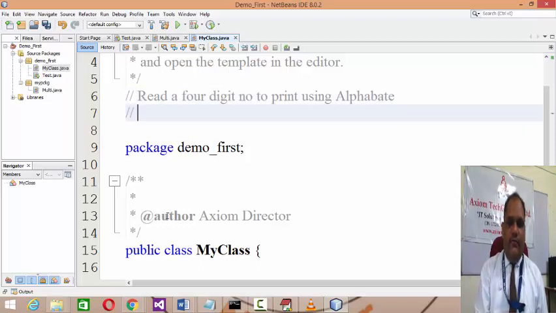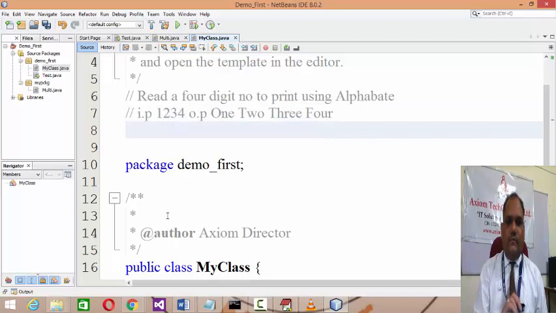So like if you input 1 2 3 4, the output will be 1 2 3 and 4.